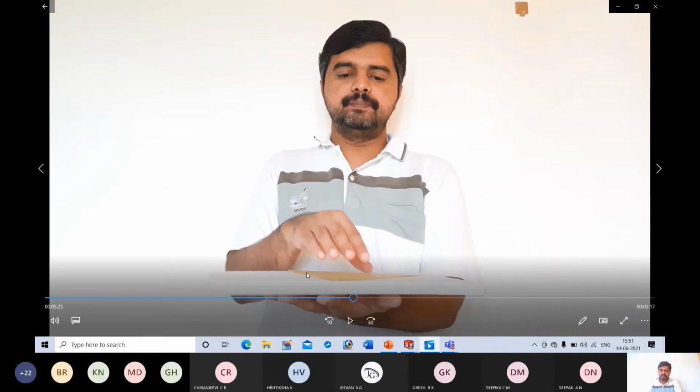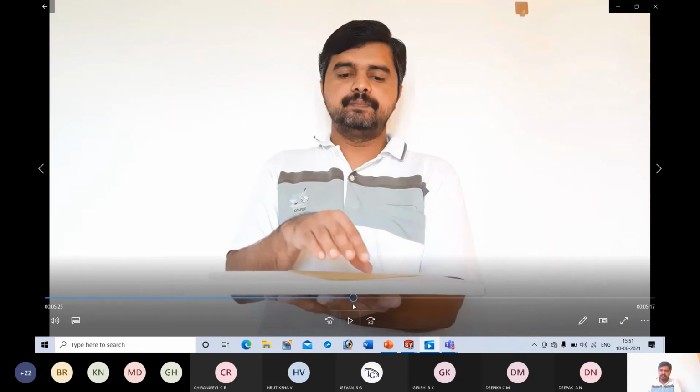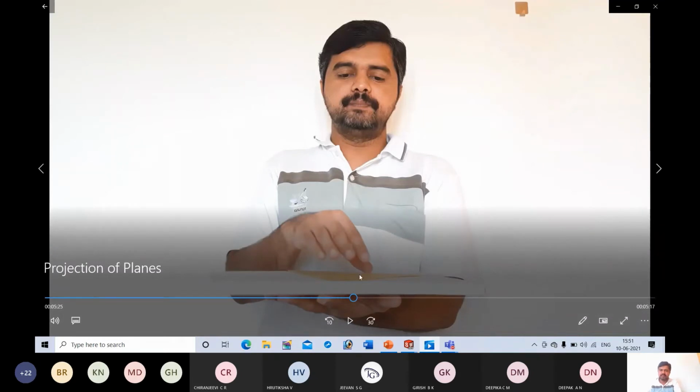In the first position, we are concerned about drawing the true shape of the lamina in front and top. In the front view, we are able to see only one dimension in its true length. In the top view, both dimensions are in true length. In the second position, we are going to satisfy inclination with respect to HP. In the third position, we are going to satisfy inclination with respect to VP. Now I finished explaining the first position. Next, I am going to satisfy the first condition.